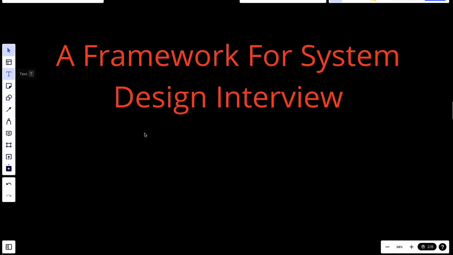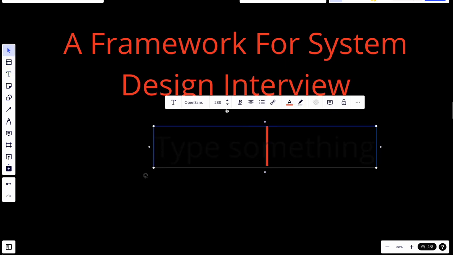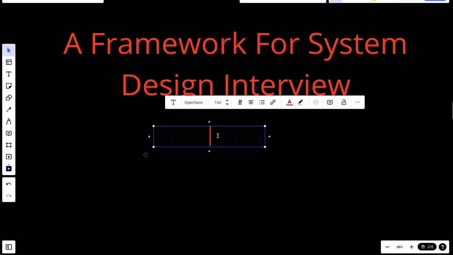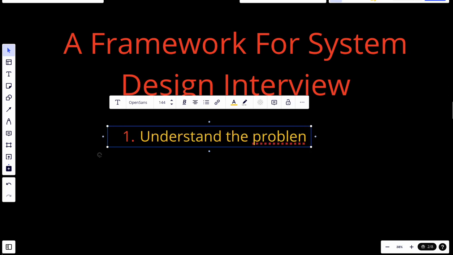The framework has 4 steps. The first step that we want to talk about is understanding the actual problem. So let's put the first step here and make it with this color. So we want to understand the problem. Before we talk about this one,